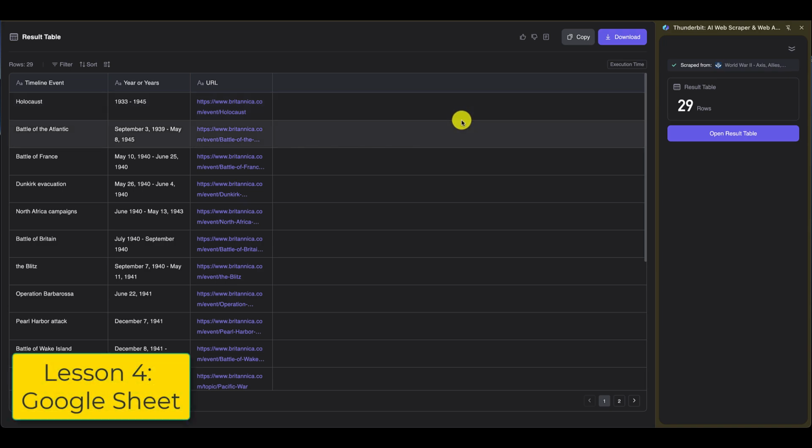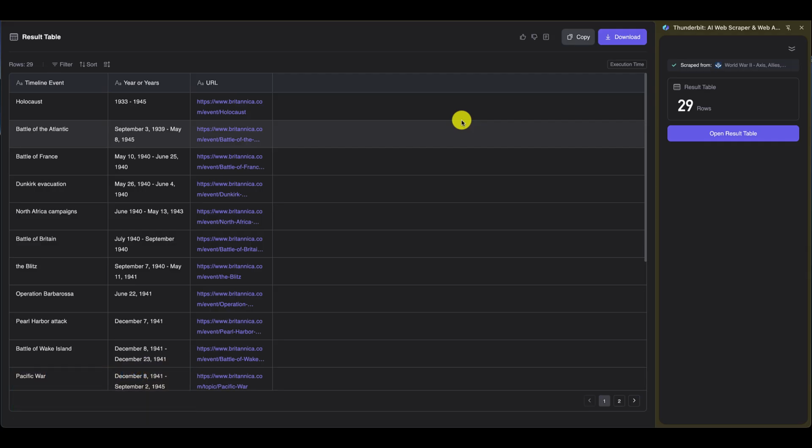The disadvantage of this results table is that I can't edit it, and as soon as I close out of Thunderbit, it's going to disappear. So I want to convert it into a Google Sheet so it's more accessible and so I can edit it. So in the upper right corner, I could click on Download, and I've got a choice of formats I could